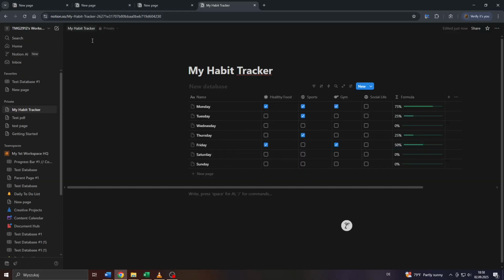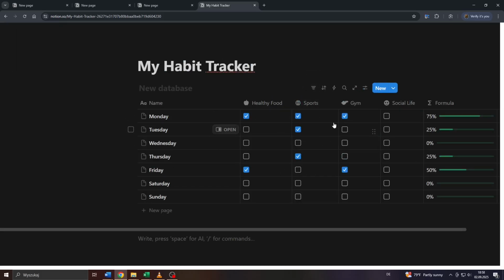So in the first step, head over to Notion and log into your account, access your workspace in the top left corner. And as you can see, I created a habit tracker for the sake of this tutorial. So let me start with a completely new one to show you how you can model such a habit tracker like that. For example, guys, if I click into any of these habits here, like eating healthy food or exercising,